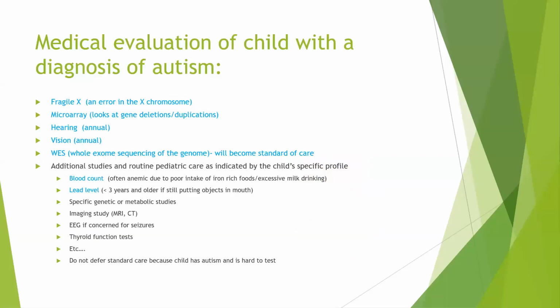So, what does the medical evaluation of a child with autism look like? So, as I mentioned, because of the association with certain genetic syndromes, as baseline testing we would order testing for Fragile X, and a microarray, which looks at deletions and duplications in the gene. And as a basic testing, I always order a baseline hearing evaluation. Any child with language delay specifically should have an audiology evaluation, and then at least a formal eye exam, definitely by the time they hit kindergarten.